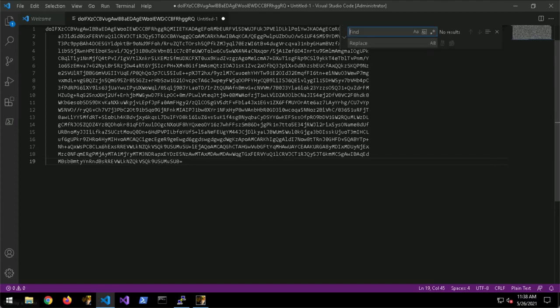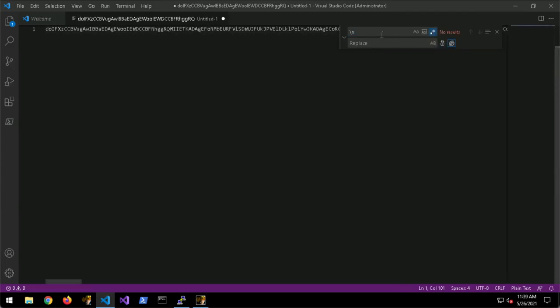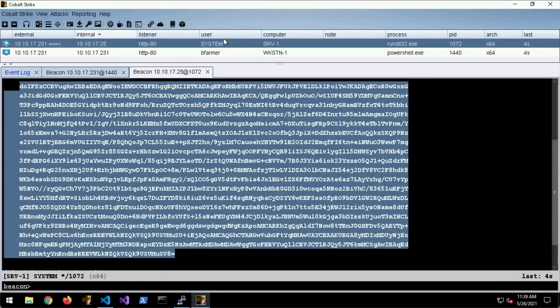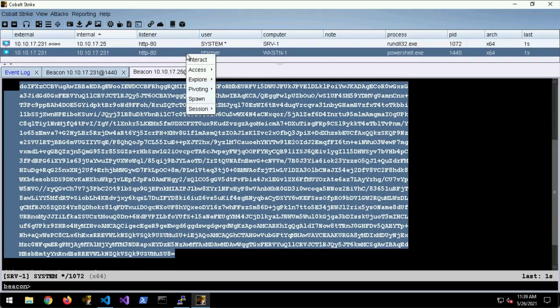So all we need to do is remove the line breaks with nothing, and any spaces with nothing, just to get it all on one line, and copy that back into the clipboard. Now back on